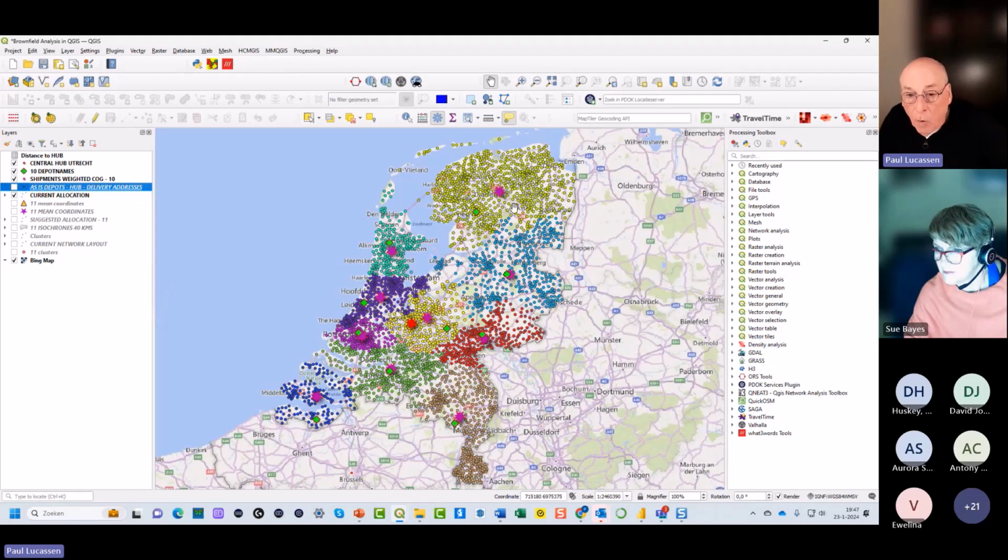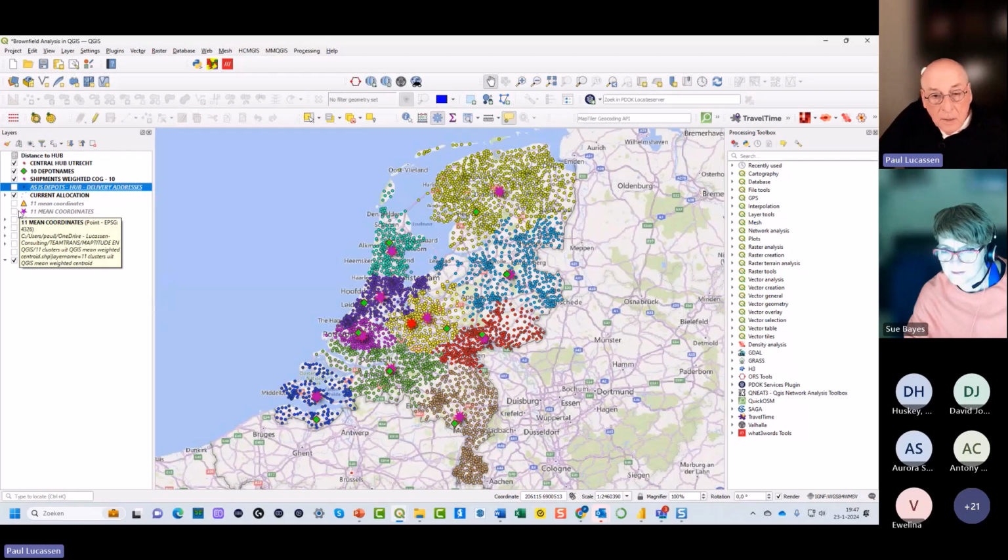Particularly here in the north, you can see that this depot is far away from the center of gravity. Again, talking about final mile delivery and distribution. But otherwise, the others are sort of spot on. So if you want to restructure a network like this, you immediately focus on those locations where you can see at first sight that you need to do something about it. What you run then is what they call a k-means clustering. That is a particular algorithm that will redistribute the points and then start building a new network, if you like. So if you do that,